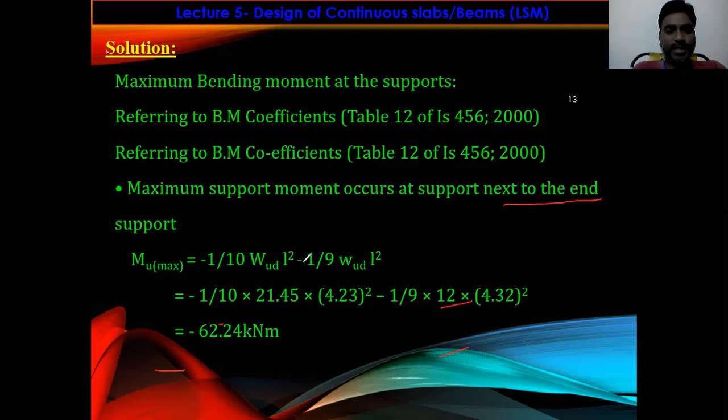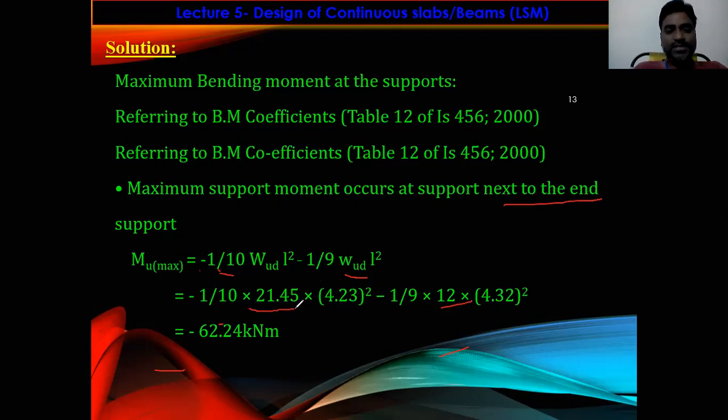So here both are negative. So minus 1 by 10 into WuL square, this is for fixed, right? Minus 1 by 9 into WuL square, this is for not fixed. This is for fixed, right? So 1 by 10 into